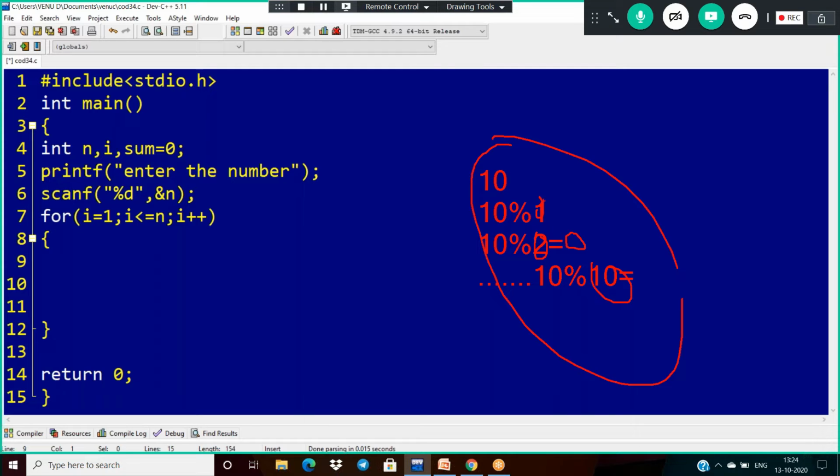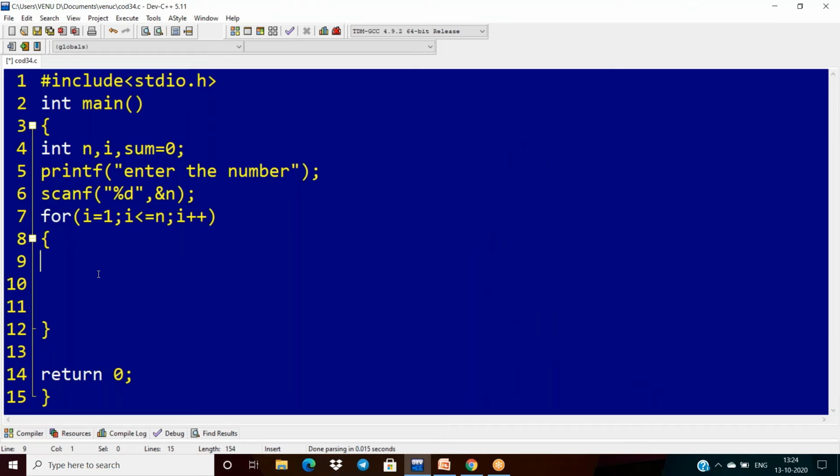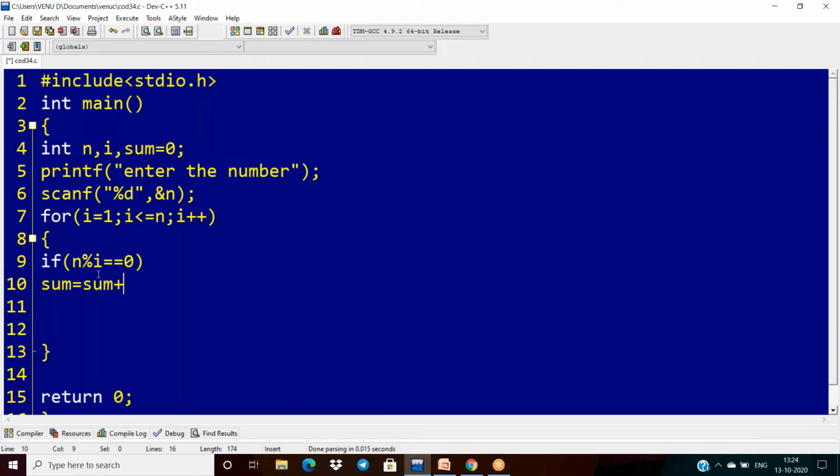Wherever you find a factor, just add it to the sum, that's all. So what is the condition? If n is divisible by i, you will get the remainder 0, then add that factor to the sum.